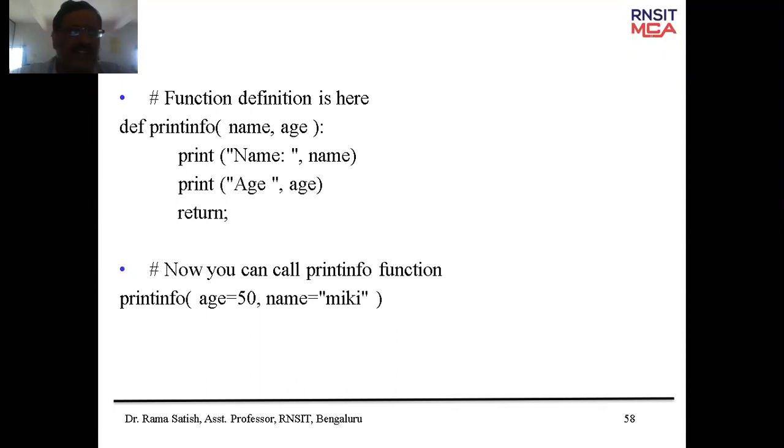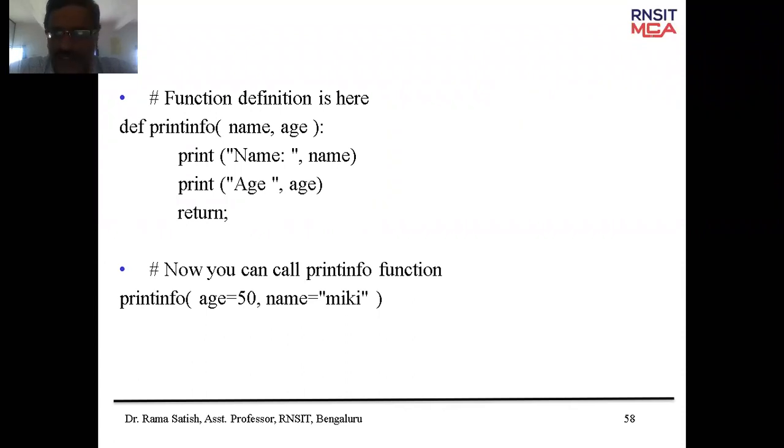Yes, Mickey Mouse, we have seen, right, when we were small. Especially I enjoyed Mickey Mouse and Tom and Jerry very much. Those were the cartoon heroes during my childhood. So Mickey's age was 50. I just gave one simple example.